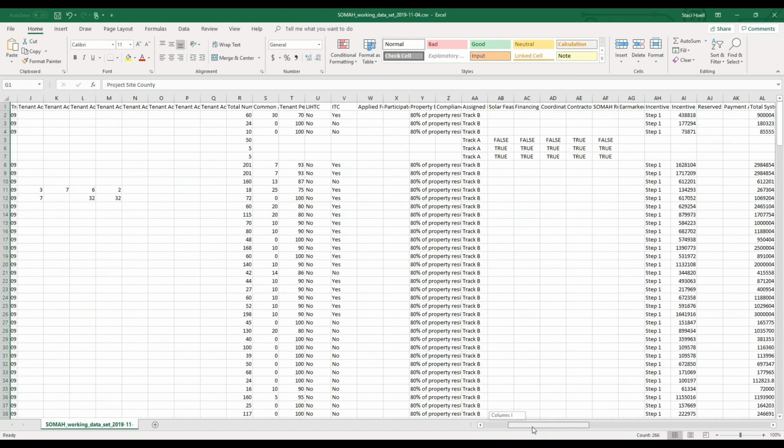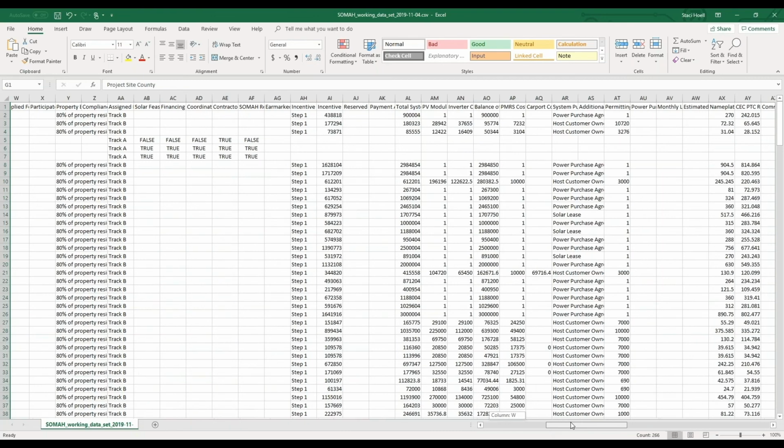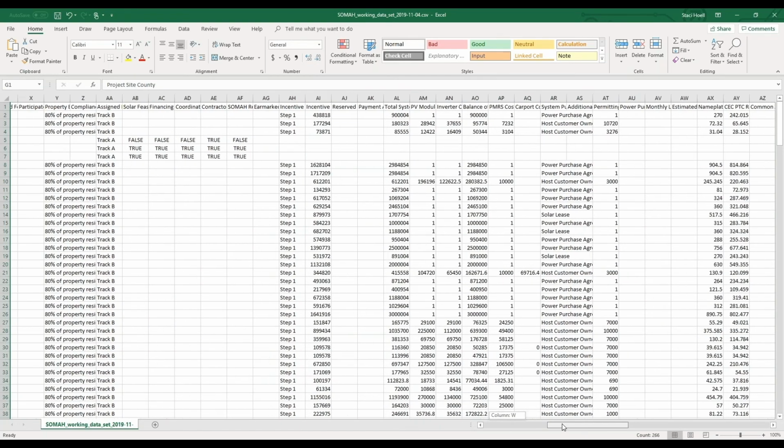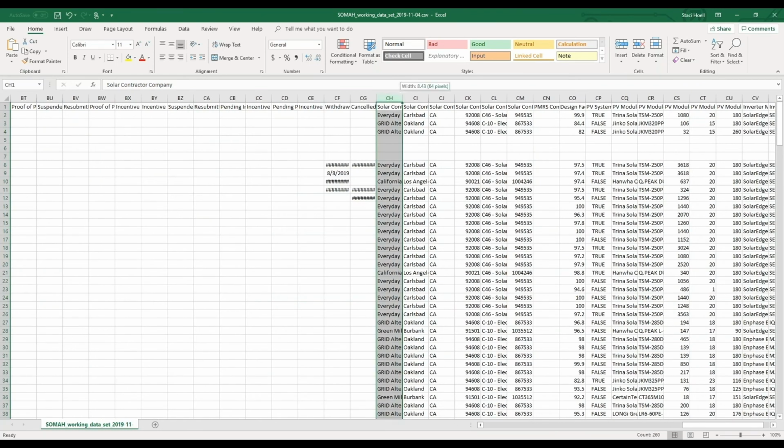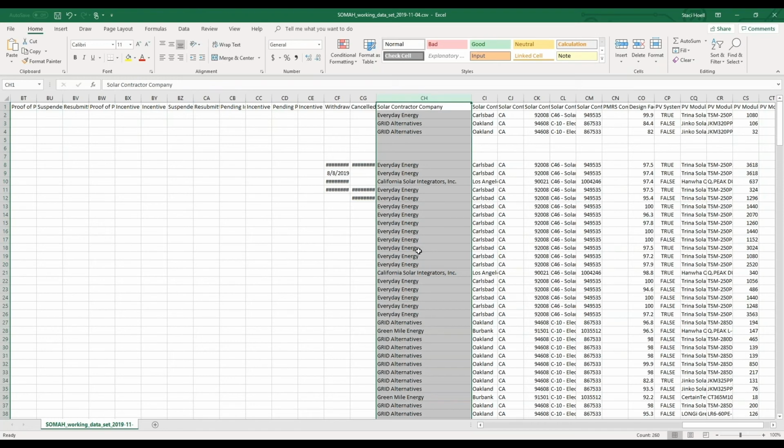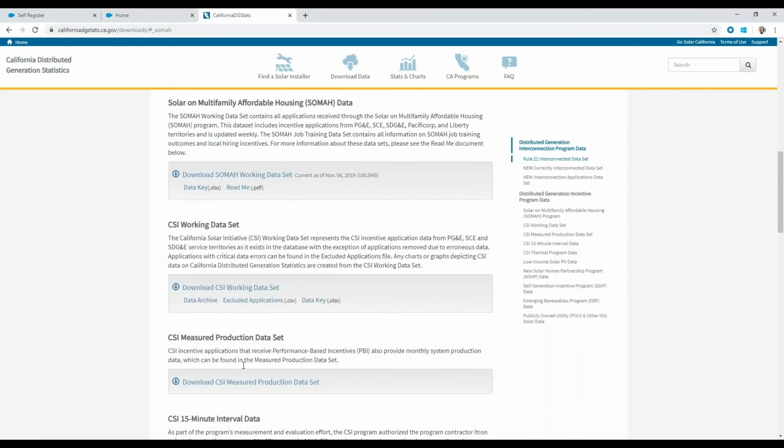And then other columns I will point out, there's a lot of information on here. The solar contractor, so you can see who's involved in each project, and they do have some where those contractors are located. You're welcome to look them up and go ahead and contact those contractors if you want to start creating relationships and seeing what their recruitment needs are for trainees. So again, I'll include the link to that data set. It is updated weekly. I'll include that in the email after. All right, we will go back to our slideshow now.